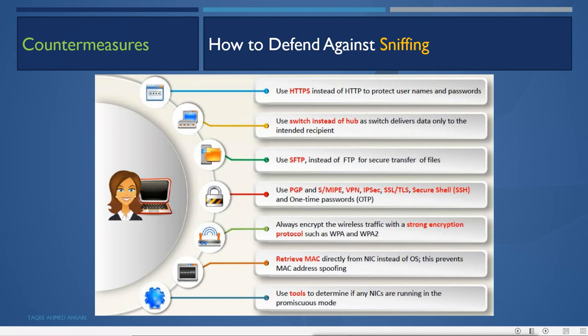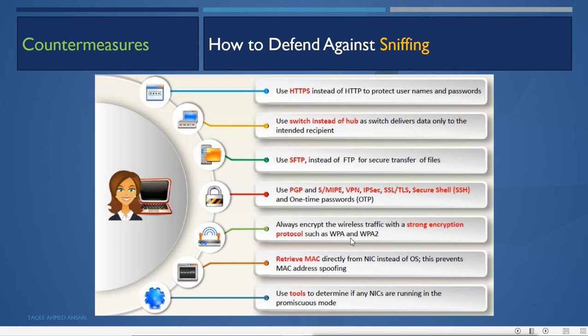Always encrypt the wireless traffic with a strong encryption protocol such as WPA and WPA2. That means when you are using the wireless network, as I said, the wireless networks are not secure. So always use WPA and WPA2.